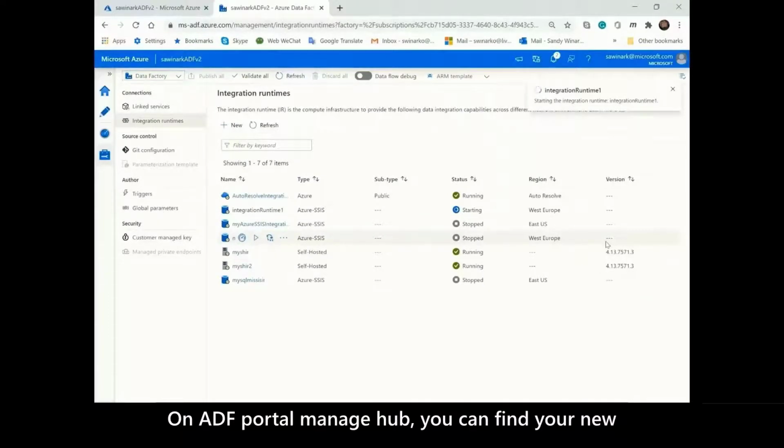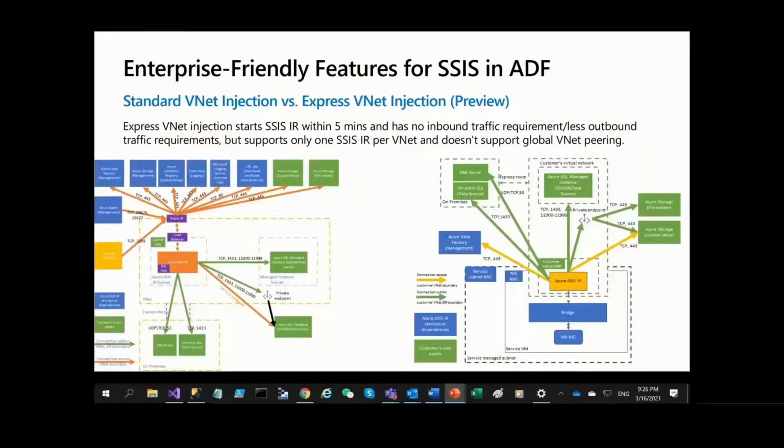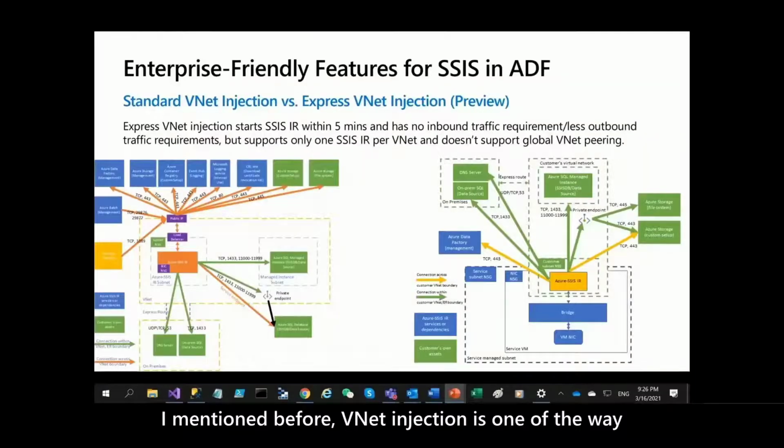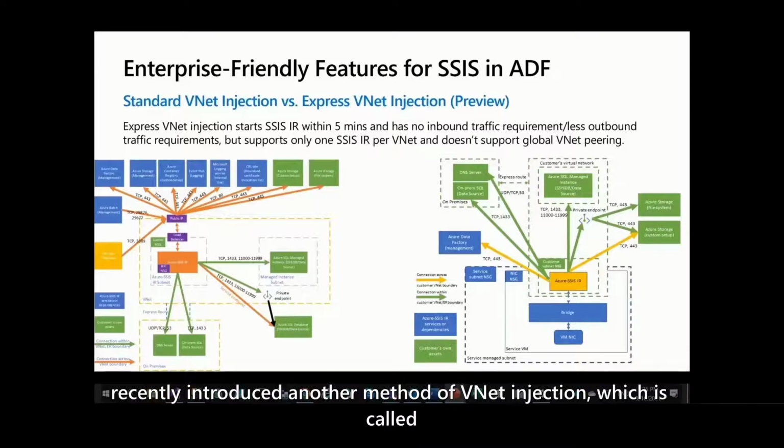On ADF Portal Manage Hub, you can find your new SSIS IR starting. Excluding any custom setup time, it should be running within 5 minutes, but it might take longer when it joins a VNet. I mentioned before, VNet injection is one of the ways to access on-premises data, right? We have a standard VNet injection, and we recently introduced another method of VNet injection, which is called Express VNet